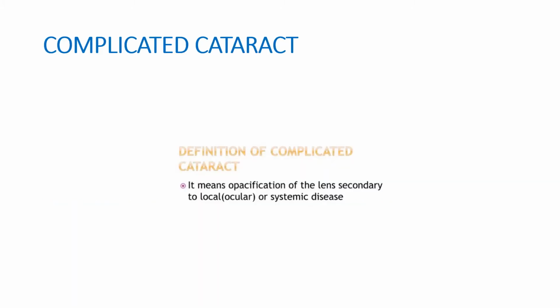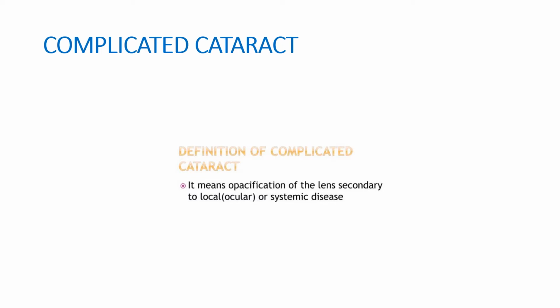Now coming to the complicated cataract. Complicated cataract can be given as a short note in the exam. So you should know the definition of the complicated cataract, the etiology, and the clinical features, which are very important. For clinical features, they are fascinated with terms like breadcrumb appearance and polychromatic luster. And there are a few types. You can be asked questions about those types. So if you know complicated cataract in general, you'll be able to answer it.